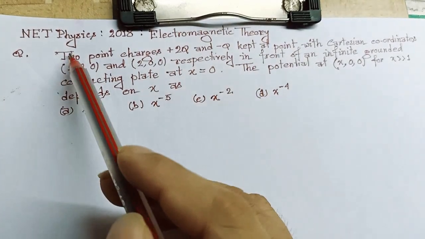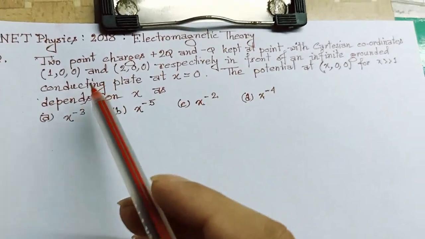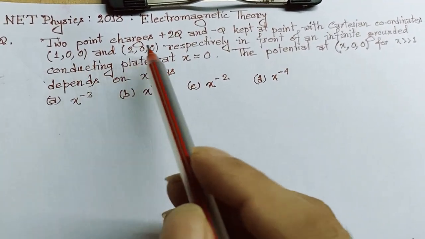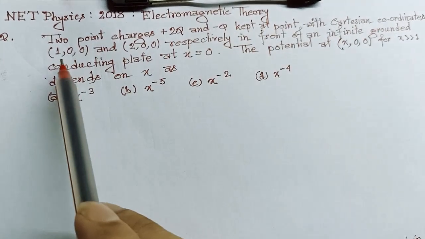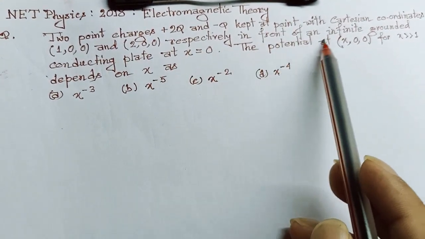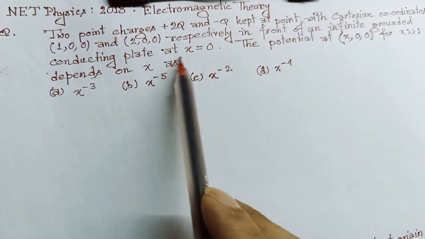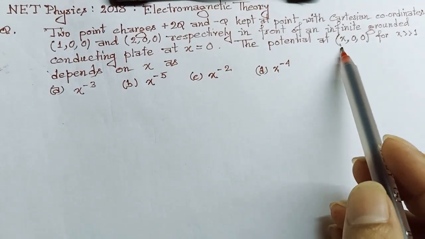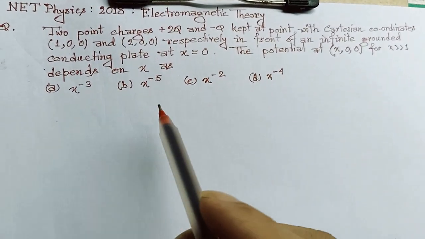Here is a question from NET Electrostatics 2018. In this question it is given that 2 point charges plus 2q and minus q are kept at points with Cartesian coordinates (1, 0, 0) and (2, 0, 0) respectively, in front of an infinite grounded conducting plate at x equal to 0. The potential at (x, 0, 0) for x greater than 1 depends on x as option A,